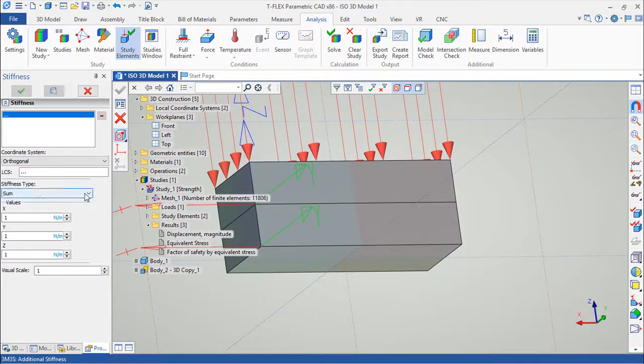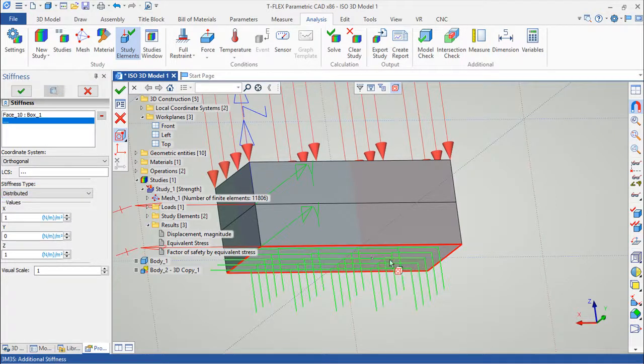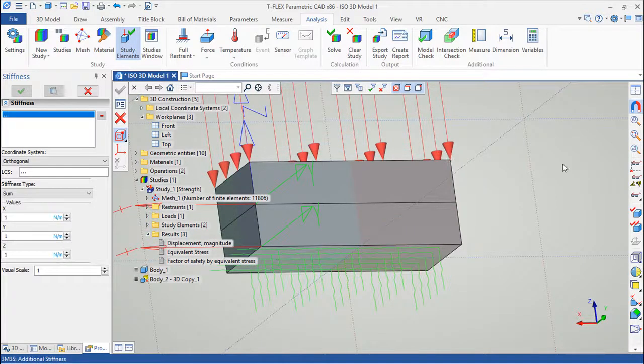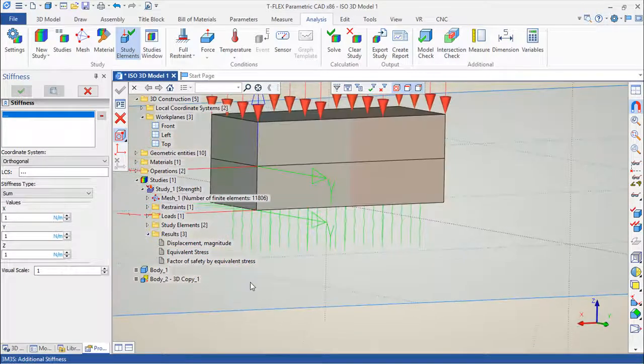And the stiffness type, it can be sum, it can be distributed according to what we give. So I will say distributed. I will mention this face here as the connection with the elastic medium,